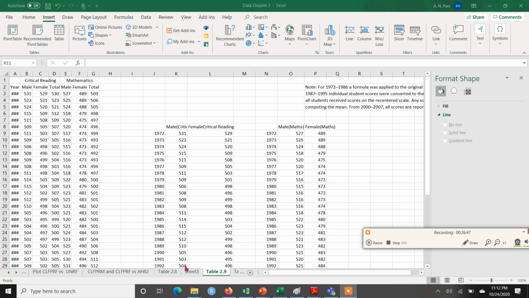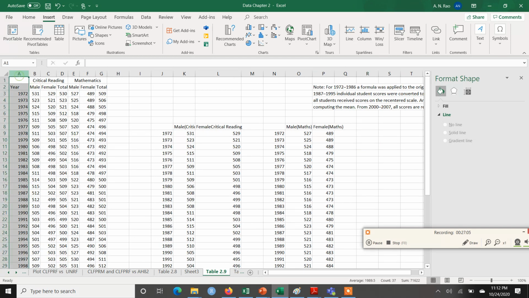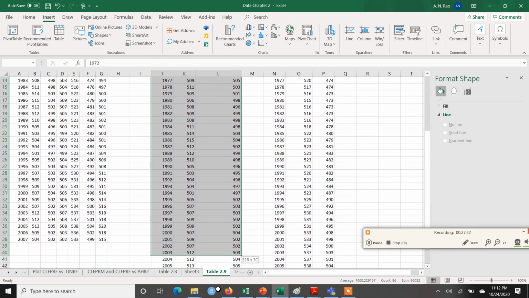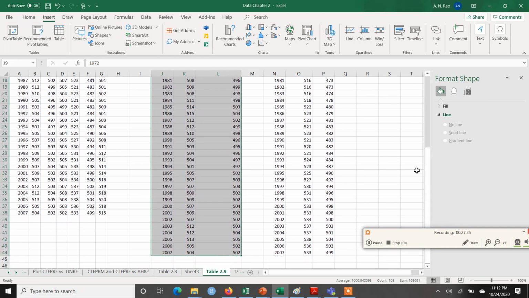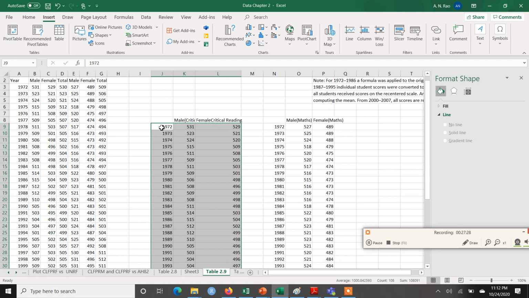Okay, so this is the table 2.9 sheet that we were discussing, and we have data for critical reading for male as well as for female. We also have data on mathematics for both male and female. So what I have done is I have copied the year column from here to here just for my convenience, and then I have copied the male critical reading scores from this column here. Similarly, the female critical reading column from here. So I'm going to select this whole range so that both of these series, that is for the male and